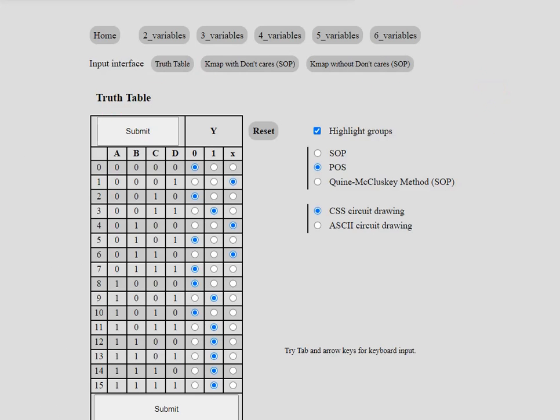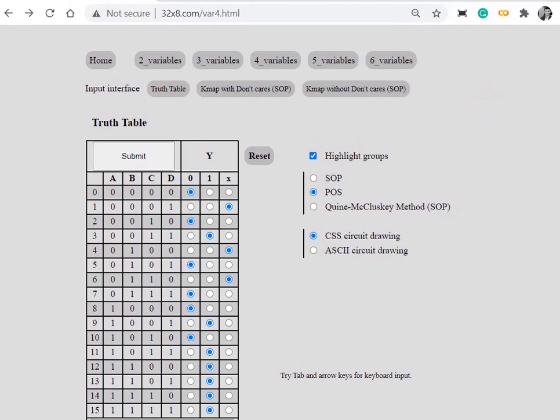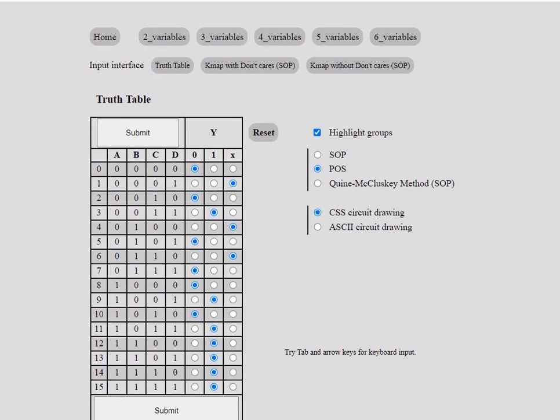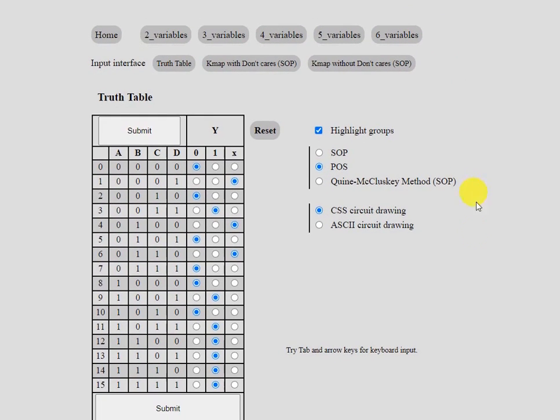For example, this is one of the websites that you can use: 332x8.com. This website allows you to use the Karnaugh Map online. Here, I just opened the 4 variable truth table for our example ABCD, and the output is defined by Y, not F. And I already indicated the location of the minterms defined in our function, and then don't